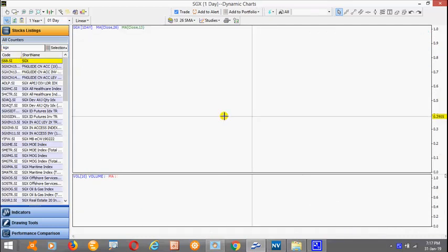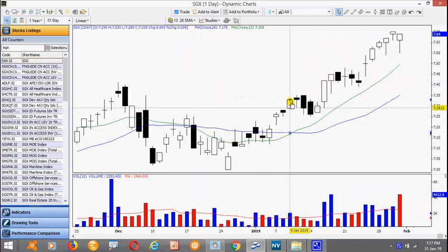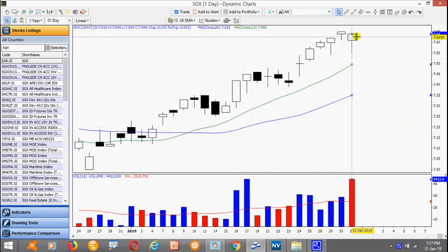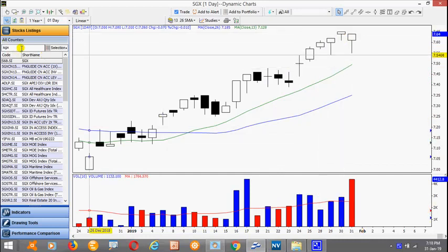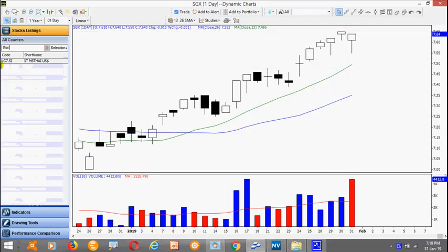SGX, we discussed in the previous videos, a very nice run. Alright, very obvious thrust patterns. Today it actually traded ex-dividend, so generally this is positive. I would like to see it take out this recent high here of 765. Technically with the dividends, this would have been taken out. If you add back the dividends,